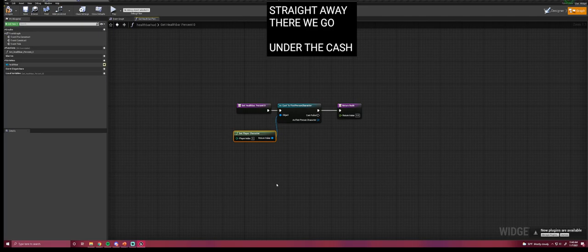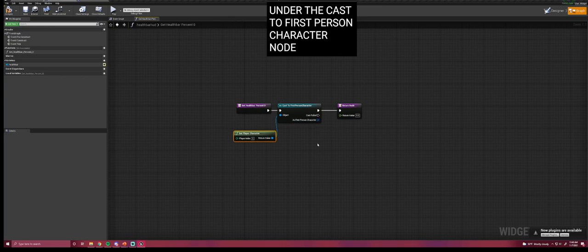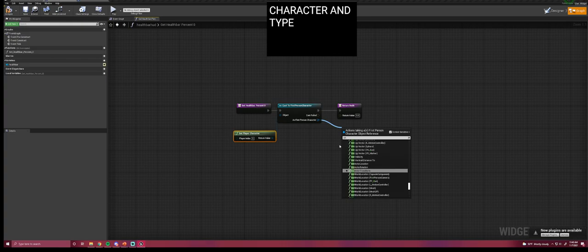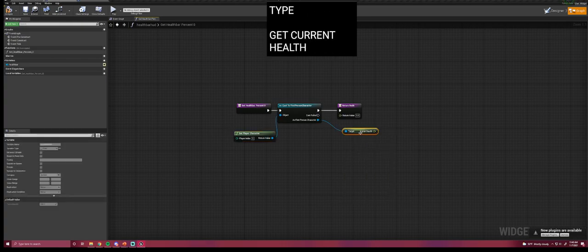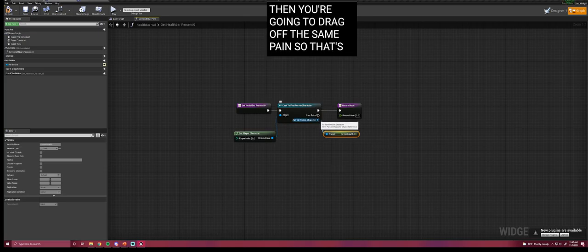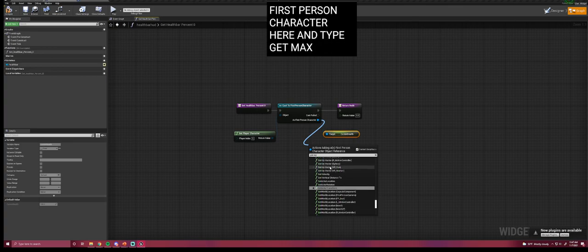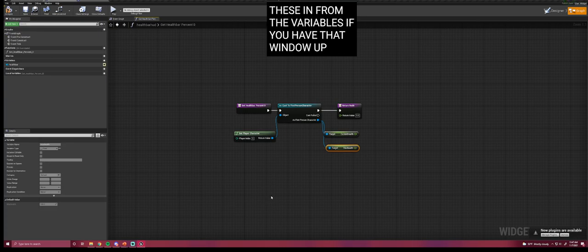Under the cast to first person character node, drag off first person character and type get current health, which is that little variable that we created earlier. And then you're going to drag off the same pin, so that's first person character here, and type get max health. And then we need to